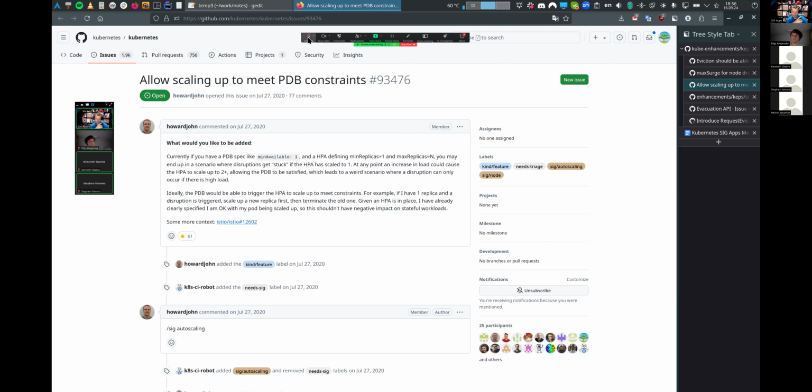And like I said, for the application and the network, we've done that in the past through webhook in the admission. We have API extenders in the scheduler.